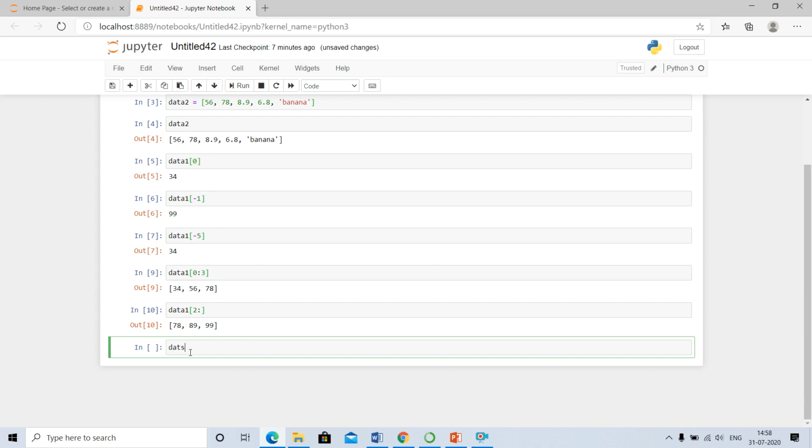Say you are having data 1. Just want to check. Yeah, it's our data 1. Say I want to add 45 to my list data 1. There are two ways you can add. You can use append to add the number 45. That means if you use data 1 dot